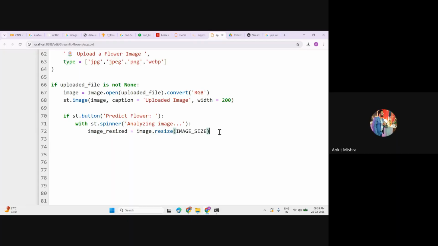Now we want to convert this using the array. If we just convert this array, then we can predict the values using the model that we have. So let's write this as image_array. Image array is a variable where you will call the np.array method. What this array method will do is take the image_resized array that we have, and we simply pass it along with the data type, which we generally pick as